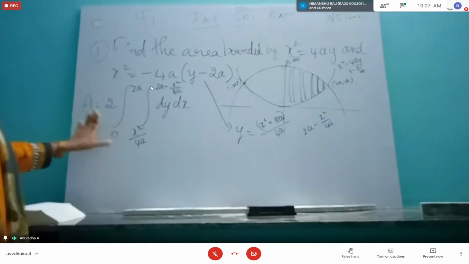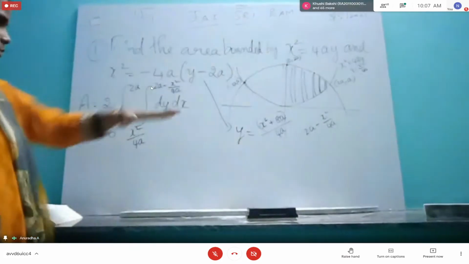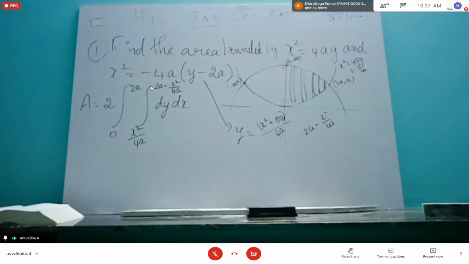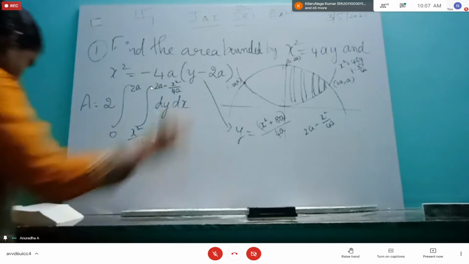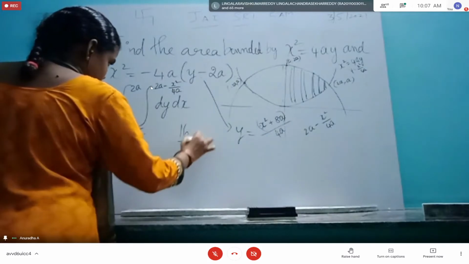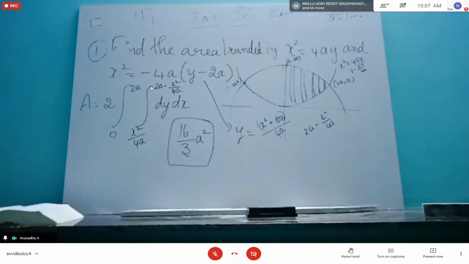If it's going to be a 6 mark or a 12 mark question, half of the marks they'll allot here. Even three-quarters of the marks they'll allot for the diagram and fixing the limits. Only 3 to 4 marks for integration in a 12-mark question. You are going to solve and check, because I want to give you some more models. So this is the answer: 16/3 a square, with a square in the numerator. Please solve it and check. 16/3 a square. Time please.